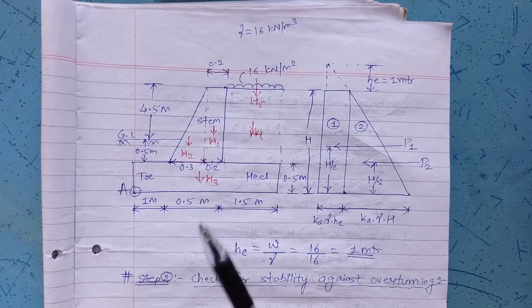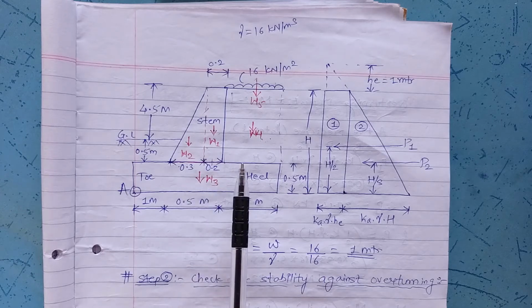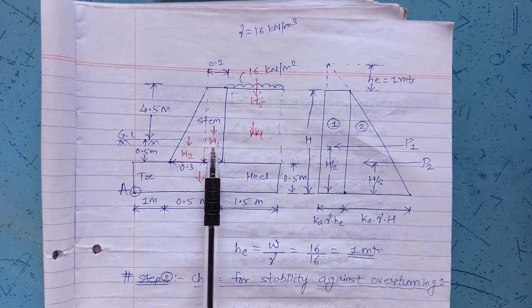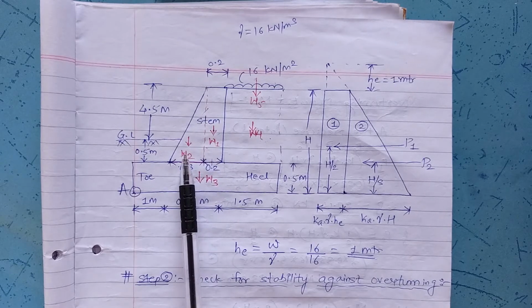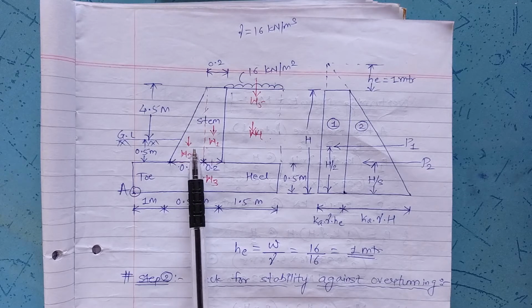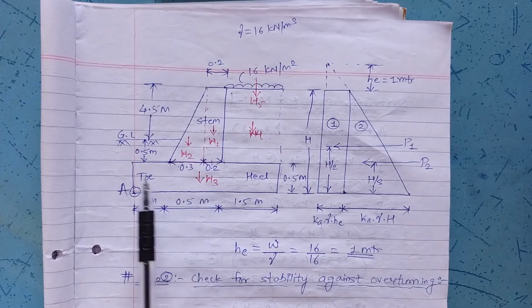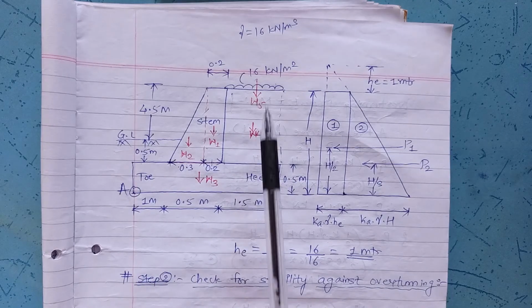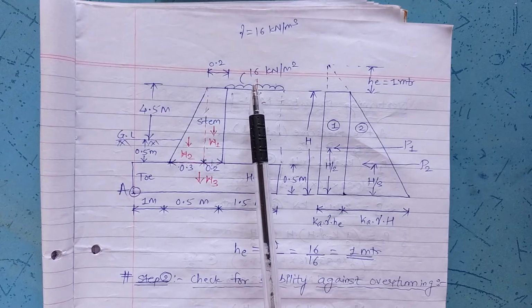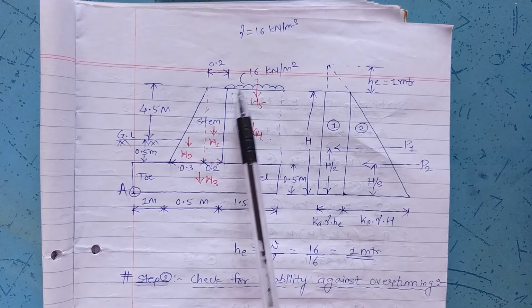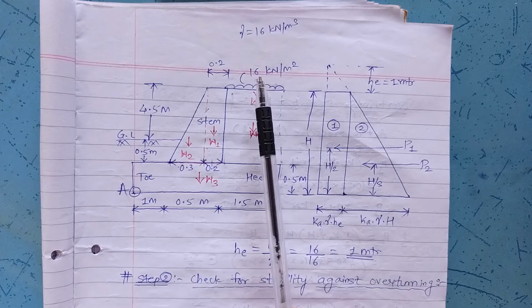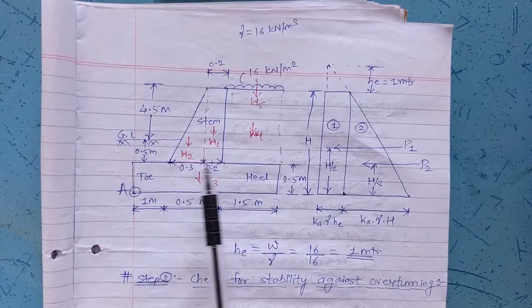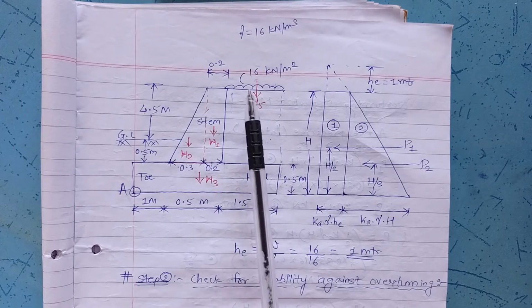Also have a look here that we have divided this retaining wall and backfill into different components. Say W1, this will be the downward weight due to the rectangular portion of the stem. W2 will be the dead weight of the stem for the triangular portion. W3 will be the downward acting weight due to the base slab. W4, downward acting weight due to the backfill, and W5 will be the point load due to this surcharge acting over there. Hence, total downward forces acting will be W1, W2, W3, W4 and W5.